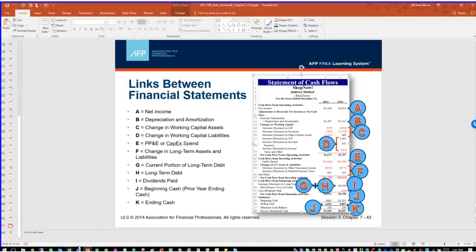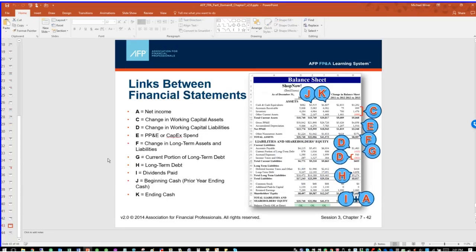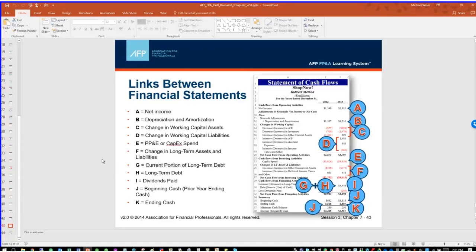Okay, that's how we talk about the cash flow statement linking between the income statement and the balance sheet. It covers all of the lines, including dividend activity. All right, and that's that. Okay, so timing worked out pretty darn well. That's just about what I intended to cover.